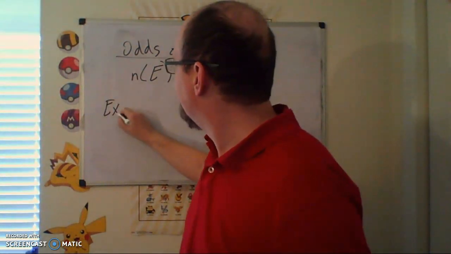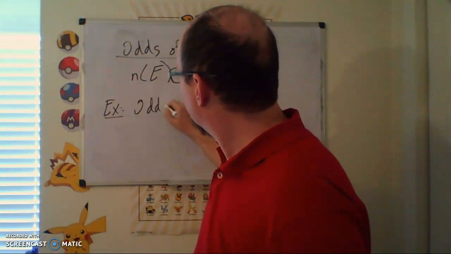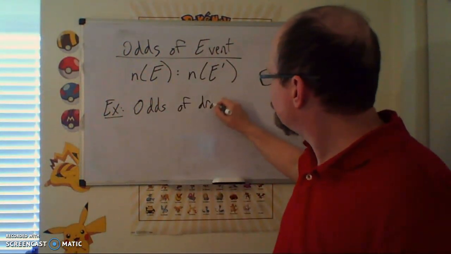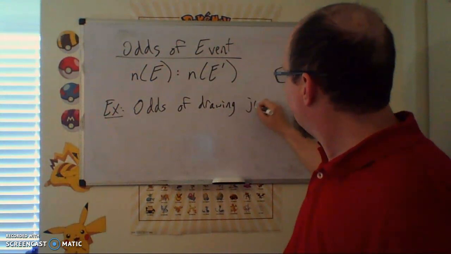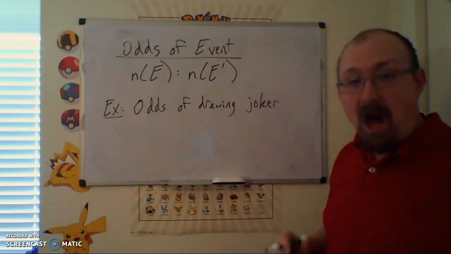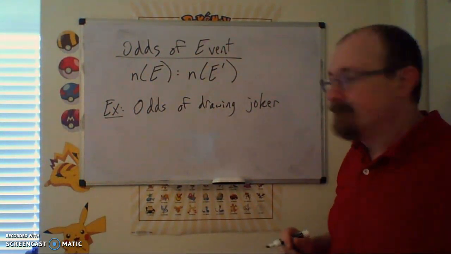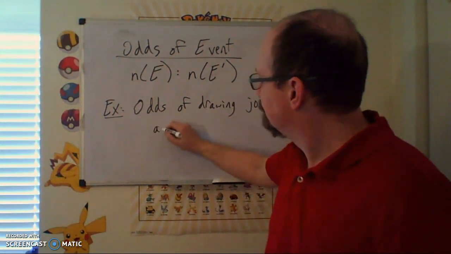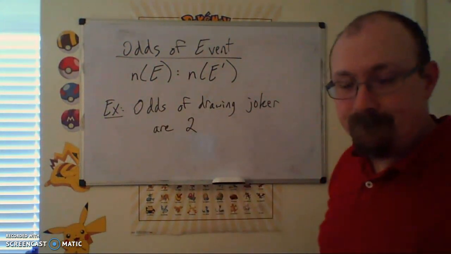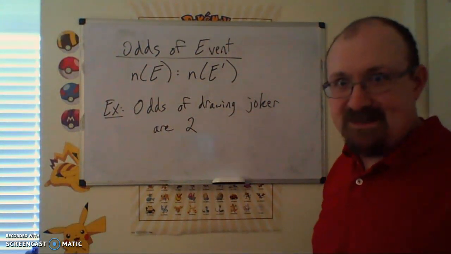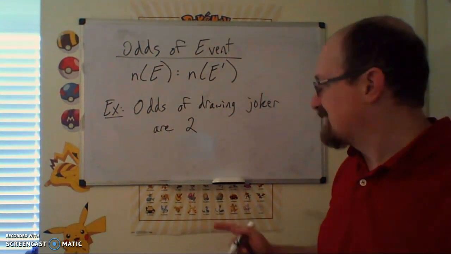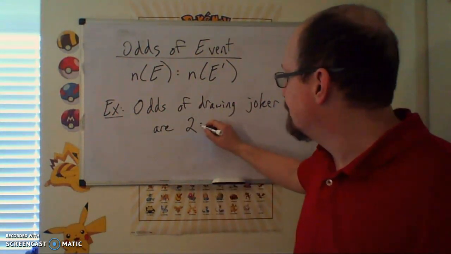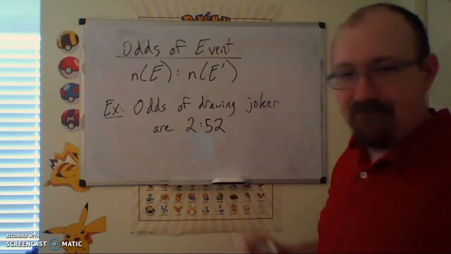So for instance, if we wanted to look at this card drawing example, let's say we wanted to know the odds of drawing a joker. So how many jokers are there in the deck? We said there are 2. How many cards in the deck were not jokers? Don't just list 54, because we have to take out the 2 jokers. So it would be 2 to 52,